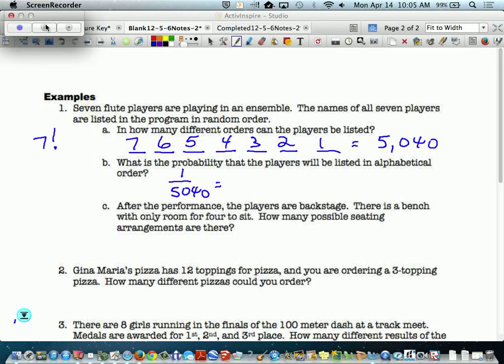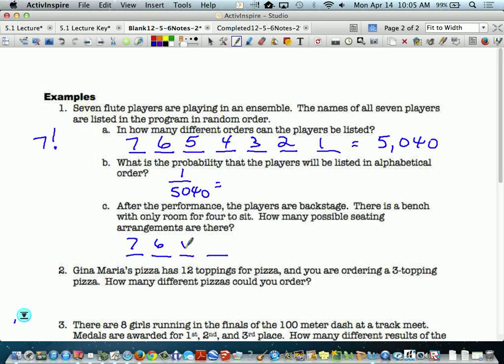Okay, after the performance, the players are backstage. There's a bench with only room for 4 to sit. How many possible seating arrangements are there? So if they're going to sit down, 4 of them, how many possible seating arrangements are there? Now, depending on how you guys read the problem, right? Some of you might say